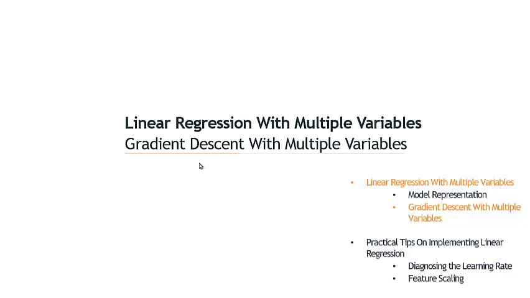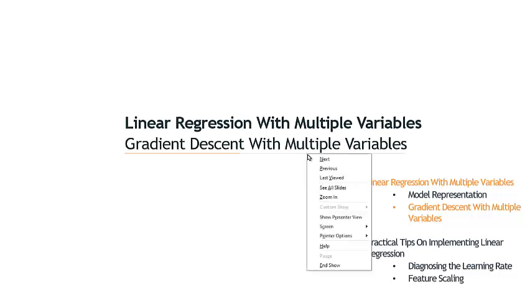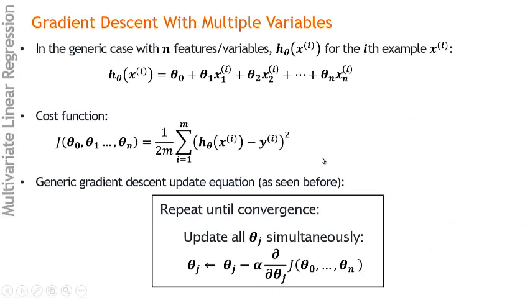Okay, so now let's move on to apply the technique of gradient descent to linear regression with multiple variables. And you'll see it's very similar to linear regression with a single variable. And the matrix notation will help us enormously. Right? If you recall, when we did univariate linear regression, our cost function, which we sought to minimize, had this